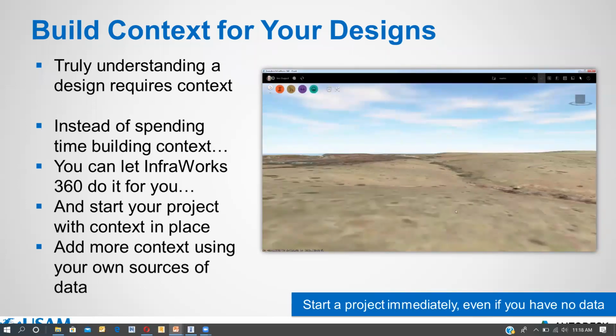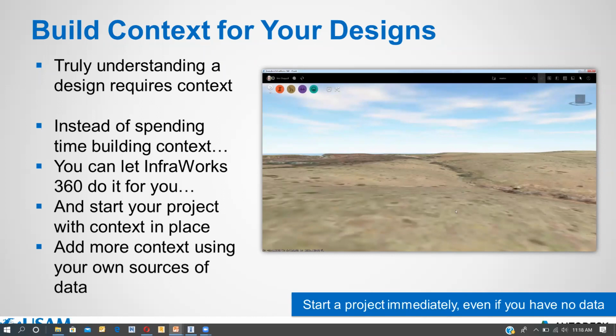But now here in InfraWorks you can build your inputs yourself, like build context for your designs. You don't have to wait for the inputs given by the subcontractors. You open InfraWorks, feed the name of the city, and the geological location of the city will be visible here with the buildings and the infrastructure developments in the place.